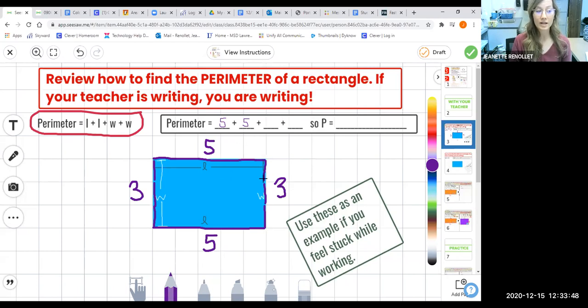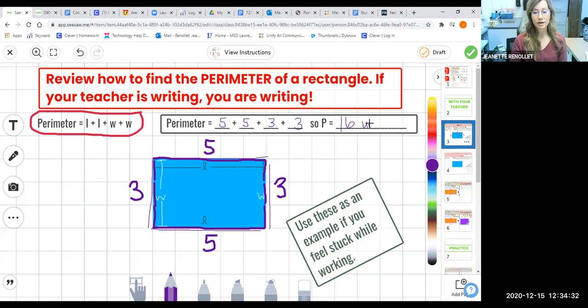Now I can put my widths into the equation. Plus 3 plus 3. My rectangle has 4 sides. 1, 2, 3, 4 sides. So I'm going to add all of them together to find the perimeter. 5 plus 5 is 10, plus 3 is 13, plus 3 more is 16. So my perimeter is 16